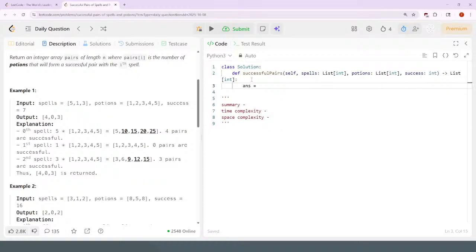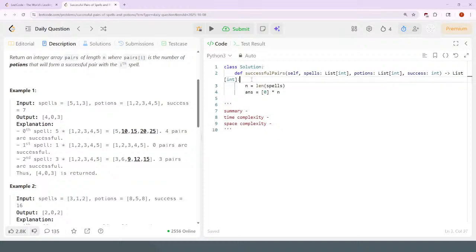Let's say answer equals 0 times n, where n is the number of spells. I think I need to keep track of what the index is. So